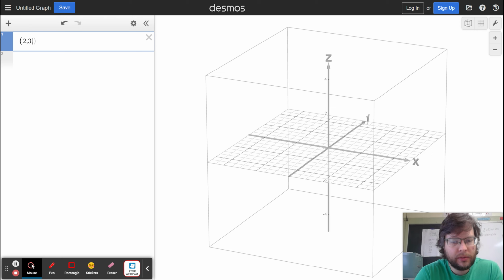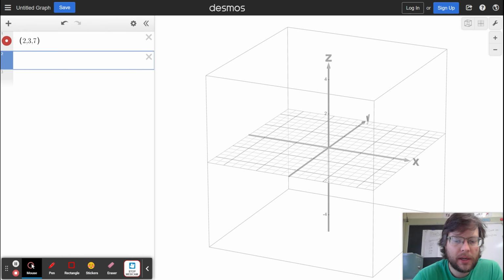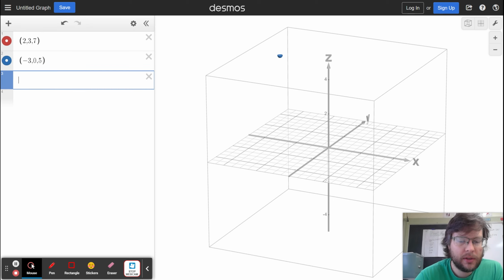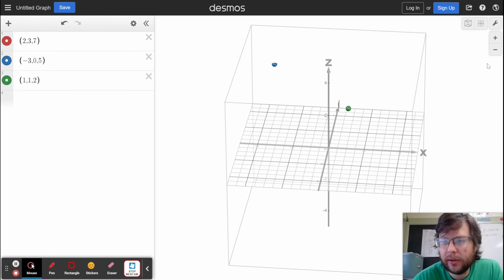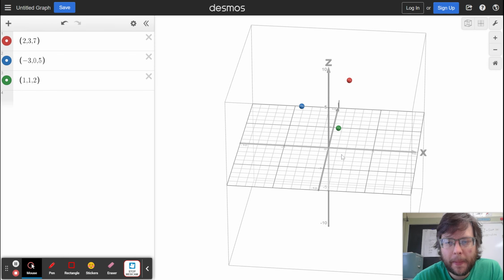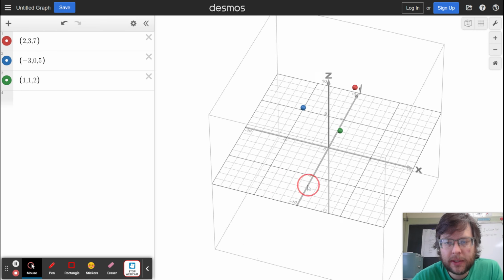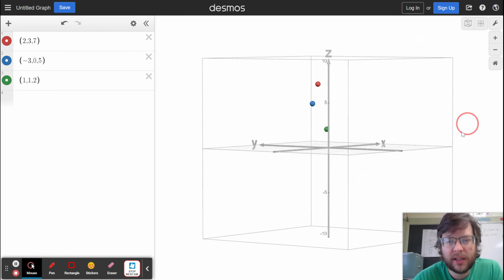And so let's just make up a couple points. Let's go 2, 3, 7. What about -3, 0, 5? And let's go with 1, 1, 2. Why not? All right, so we can see some of that. I think I need to zoom out a little bit to see the red dot. There we go. So we got three dots in space,